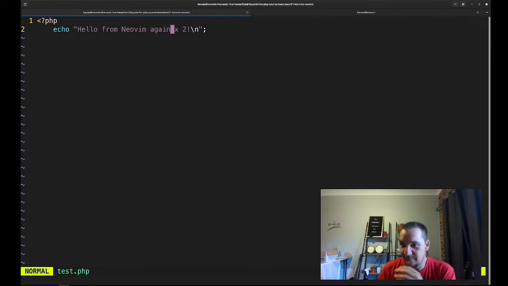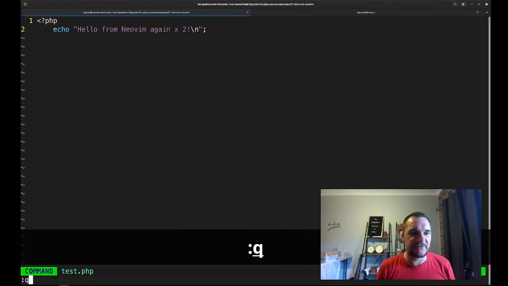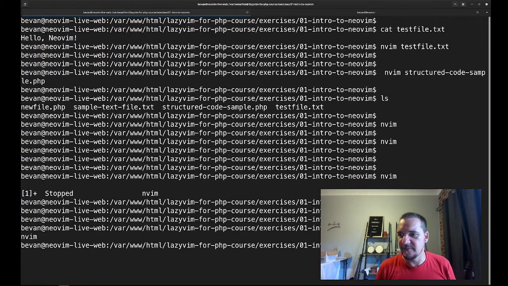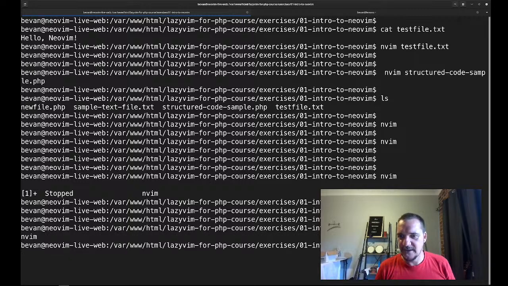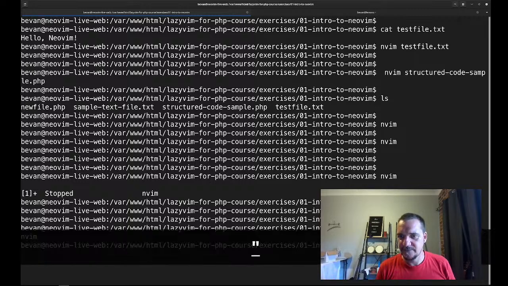Let's have a look at buffers now. NeoVim lets you open multiple files in memory buffers without using tabs or splits. Okay. So let's open multiple files. We've got to create them first. Echo is file 1, file1.php, echo file 2,